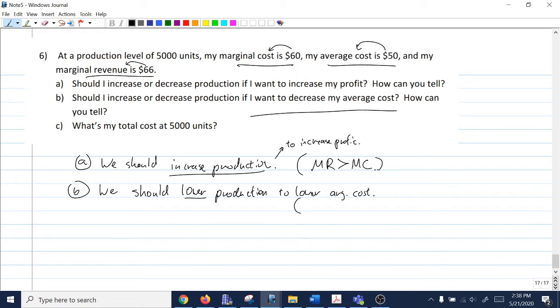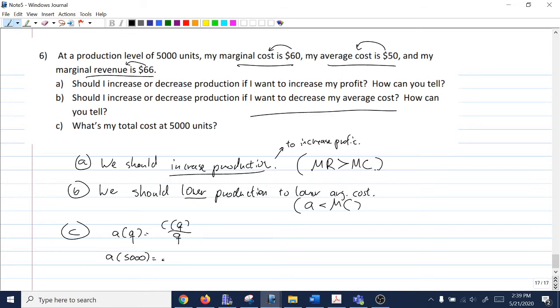Why? Because the average cost is less than the marginal cost. C. What's my total cost at 5,000 units? This is about what average cost means. Average cost is total cost divided by production. Telling me that at my production level of 5,000,